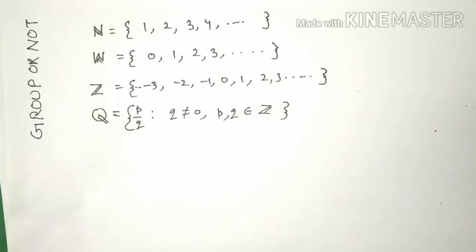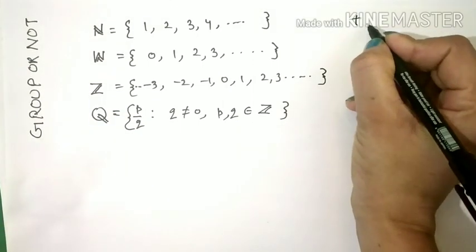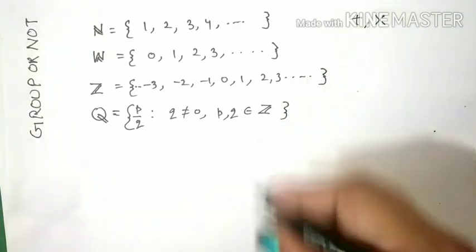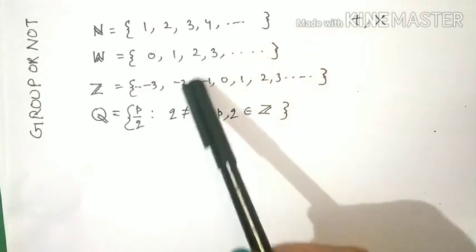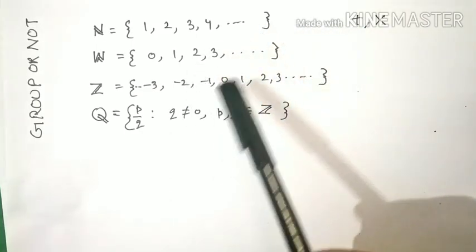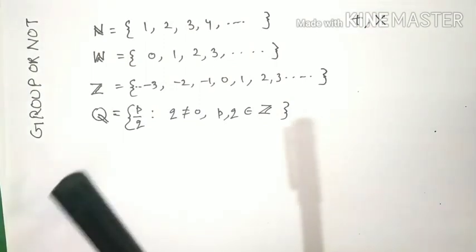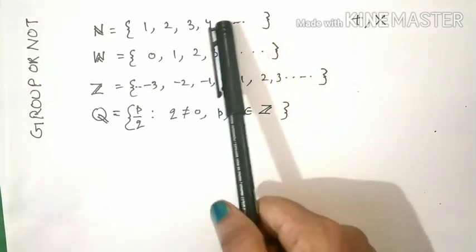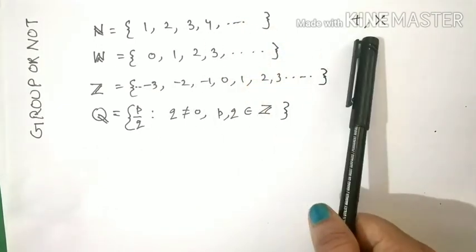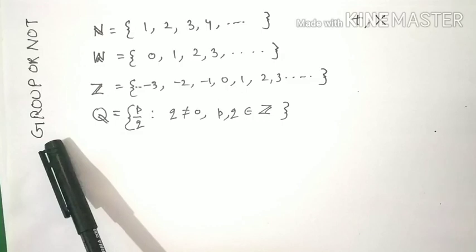Now guys, we are going to look at some of the conventional sets that we already know, and some of the basic operations, let it be plus and multiply. We will check these two operations and these sets. We are going to form our algebraic structure out of them. Algebraic structure means we have to have one set and one operation, right? We will combine these with the operations and check whether they are groups or not.